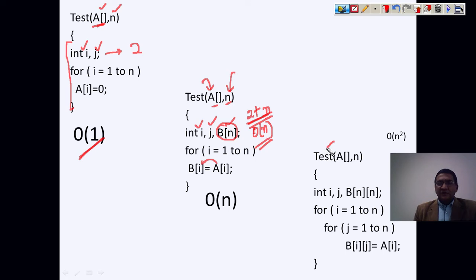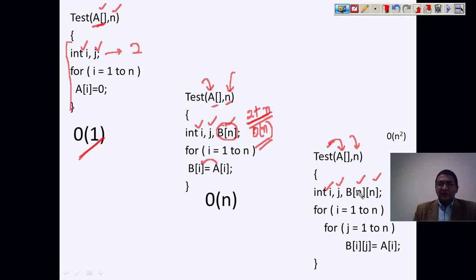Now look at this, we have a third scenario, which is again an iterative scenario which performs some task. We are passing two parameters, an array and a size of array, but inside we have declared some variable. Now we need to provide an extra space to accommodate these variable. This may be declared for fulfilling some requirement of this logic. So we have declared I, j, and then we have declared array of two dimension of n cross n. Then there is two loops we have used, and then we are doing some logic here. We are assigning the value of ai to b of ij.